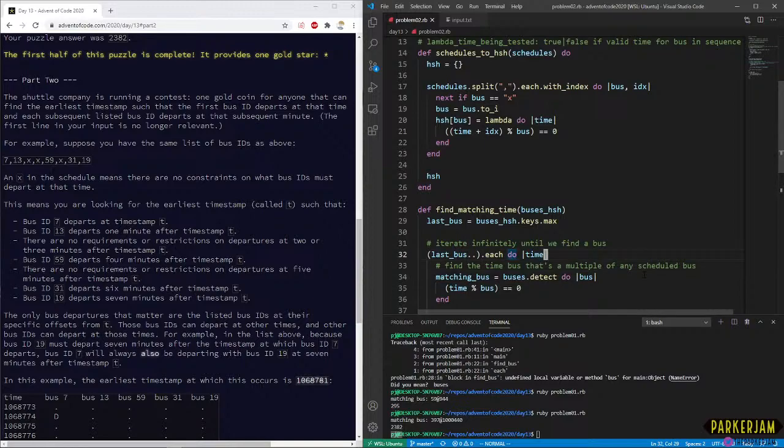So we're gonna iterate over time. If buses hash all, bus proc.